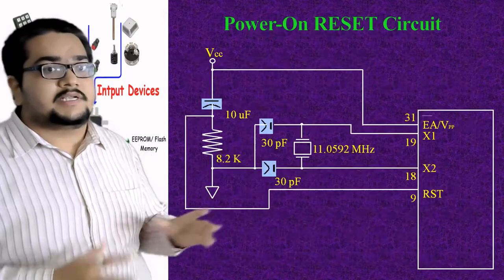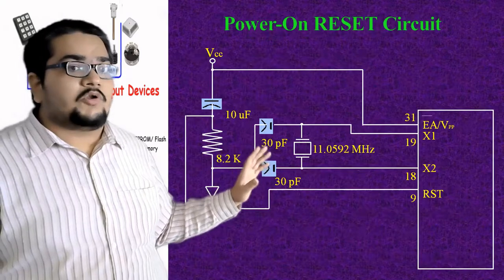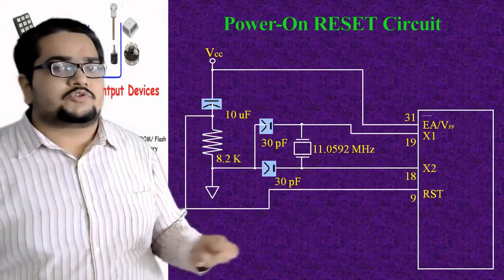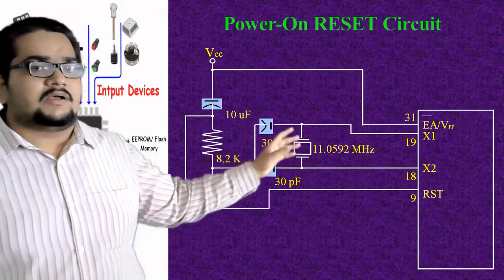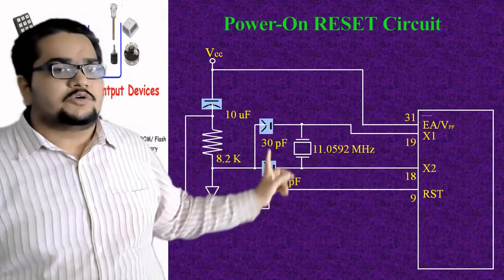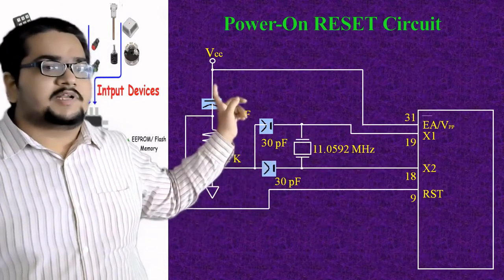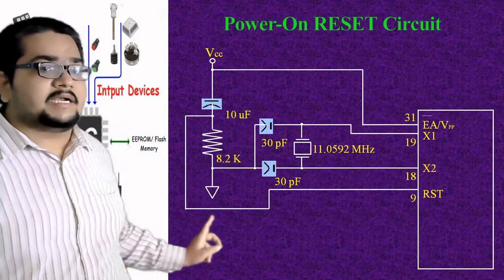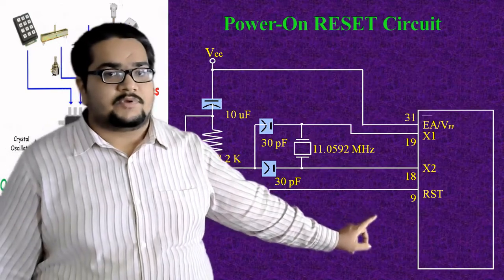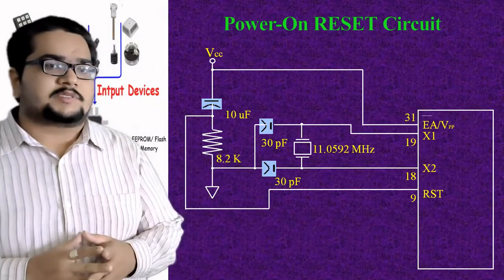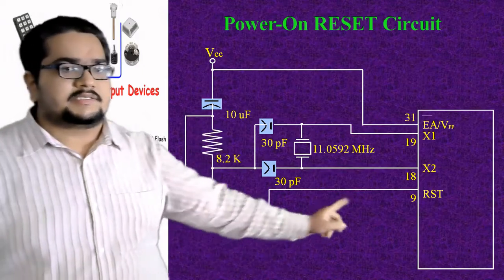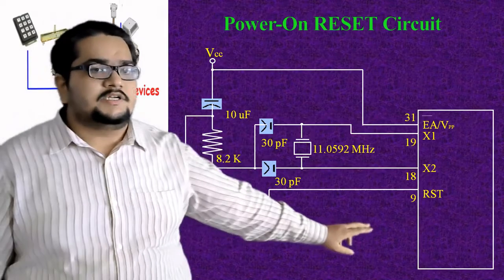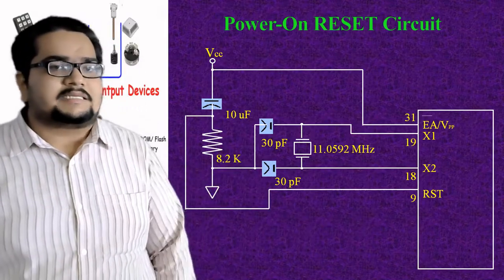So here is the circuit connection for the power on reset system. Whenever we switch the 8051 system on, it should reset itself. This is how it is connected. Oscillator connections are shown at pin number 18, 19 like this. 2 capacitors are there. One capacitor and one resistor circuit is there, and one line is taken and connected to the reset signal. Whenever you give a power supply at VCC, it will reset, and this R and C circuit will make sure that the reset is high for at least 2 machine cycles, such that the whole system gets reset.